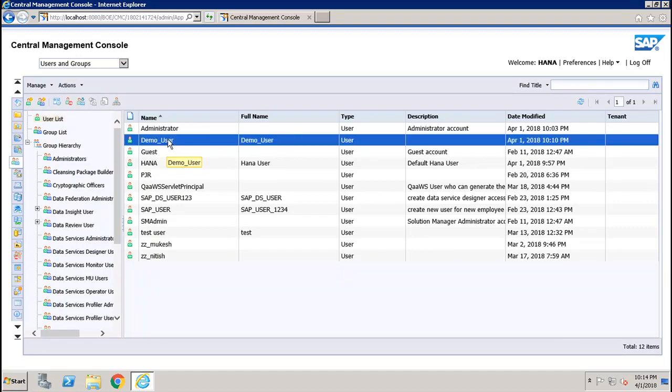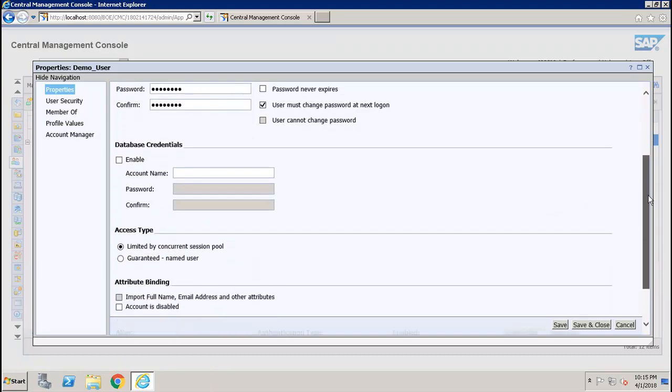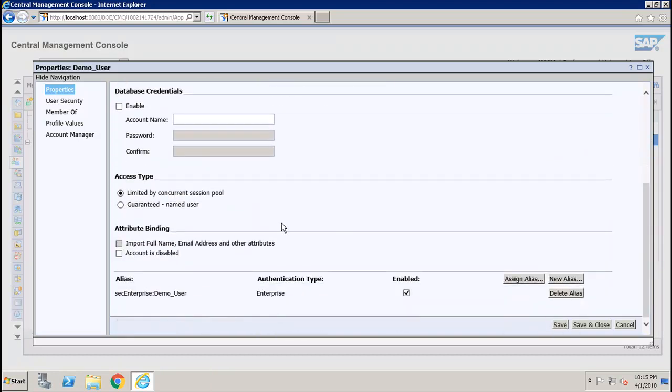So I will just select the user. I will go to manage and properties. So here I can see all the different properties like account name, full name, email address. So I can change any property which I want as per the requirement. And apart from that, I can also disable this user. So here we have this option, account is disabled. If I click on this checkbox, the account will be disabled and the user will not be able to log